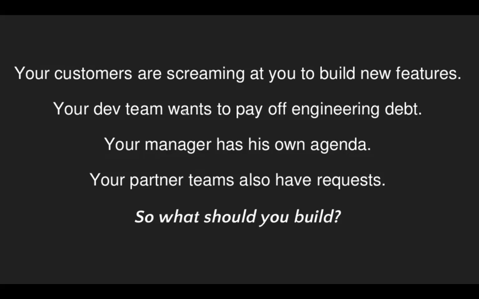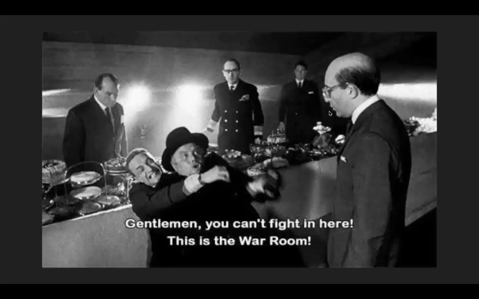So as a product manager, you're getting shouts from your engineering department. Customers are screaming for new features. It'll be cool if you can add this. Your manager has their own agenda. Your teams are also saying everything. So now what should you build? How do you filter the noise from the signal? How do you tell the noise from the signal? It's kind of like a war. Everybody's coming at you. This one says, let's build this. This one says, no, we need this. Engineering says, we got to make up for this thing because we used something to patch it.